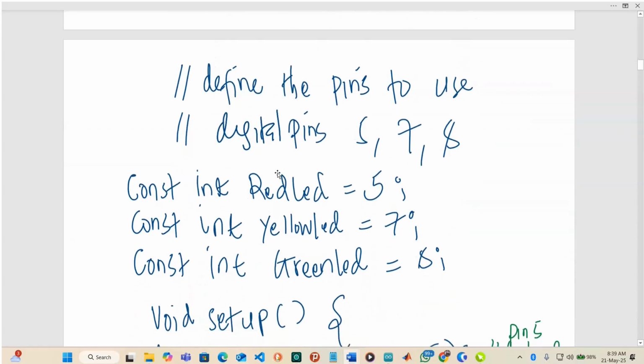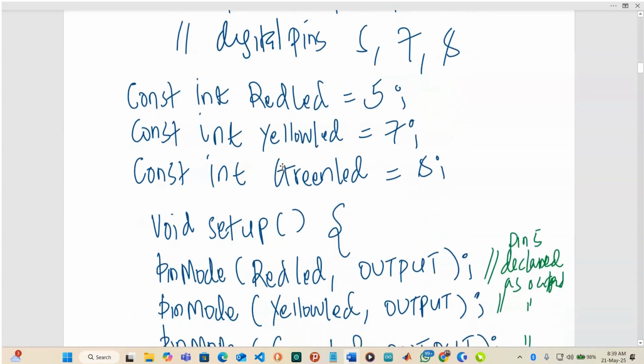So for that matter, we are going to first define the variables. Where are we going to be connecting our lights or LEDs? We create a variable for red LED. We are using a constant int. Red LED is assigned 5, meaning we want to connect it to pin number 5. We are just storing 5 in this